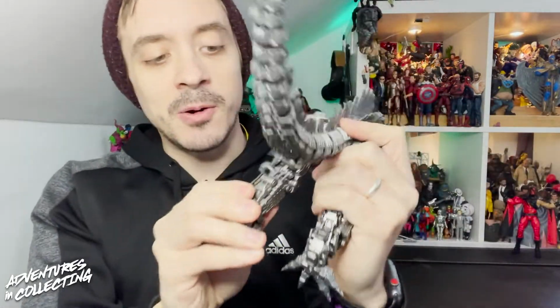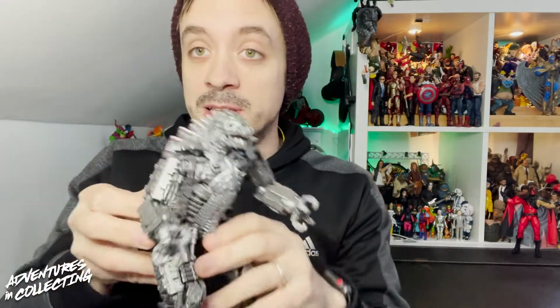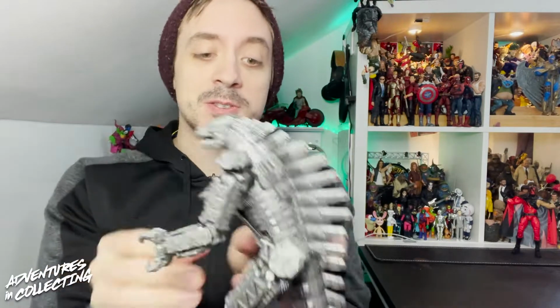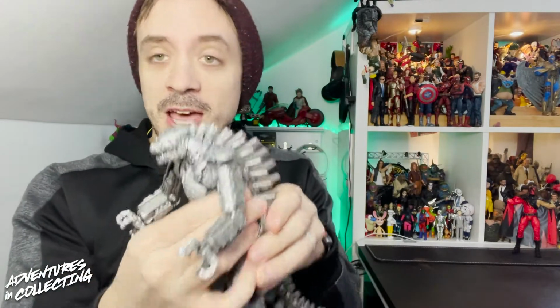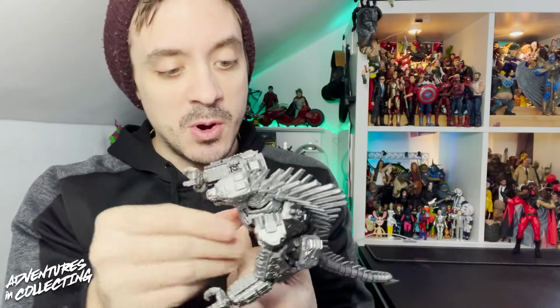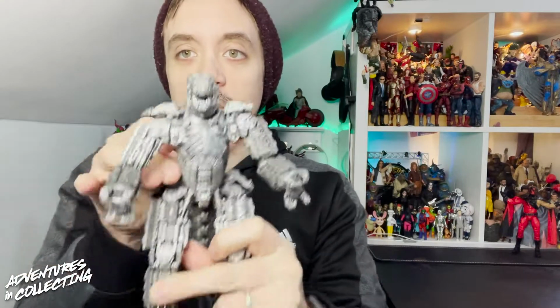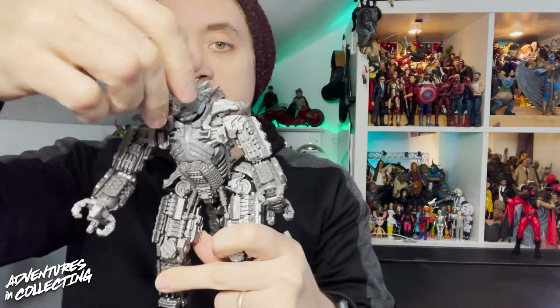And again, I absolutely love those little details of the little hydraulic bits and things. That's not to say that you can't get this guy into a bunch of poses, because you absolutely can. I can't wait to shoot him and try to recreate some of the moments from the film when they're tearing through, I think it's Hong Kong at the end of the film. There is also no waist articulation at all. So this entire piece is solid. There is no ab crunch, there is no waist swivel, so he is looking head on, unless you're